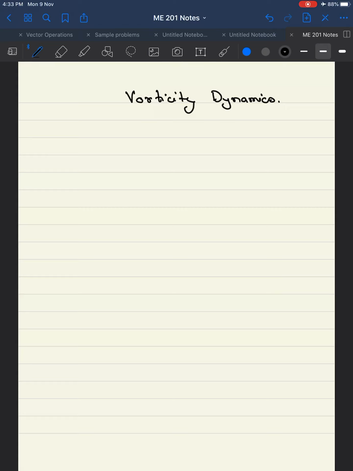We had discussed vorticity some time back, where we had defined vorticity as a vector which was twice the angular rotation vector, and this quantity we had also said is equal to this vector operation, the cross product of these two, or in tensor notation you can write it as the ith component being epsilon ijk del uk del xj.